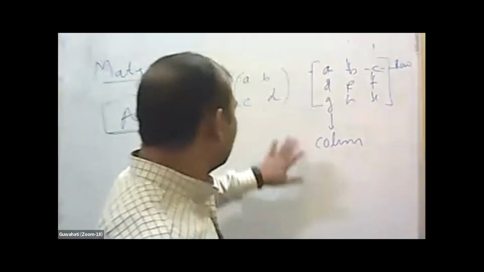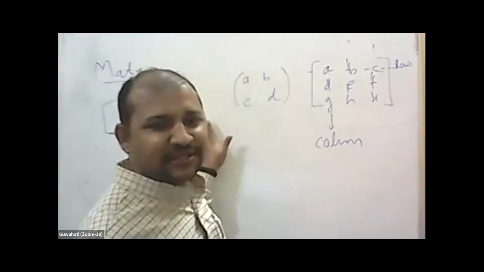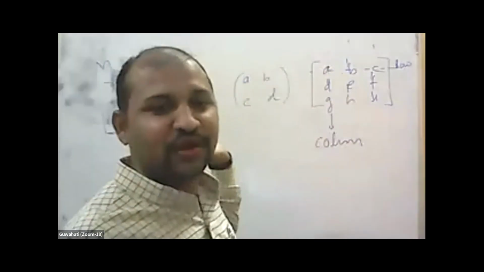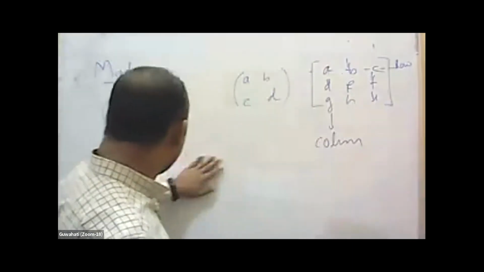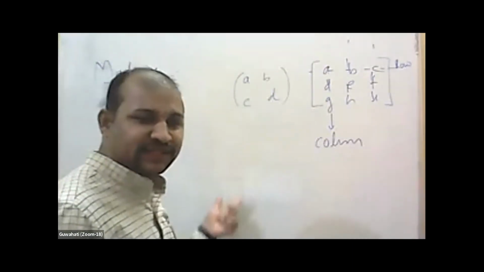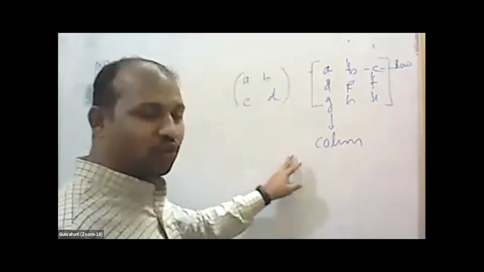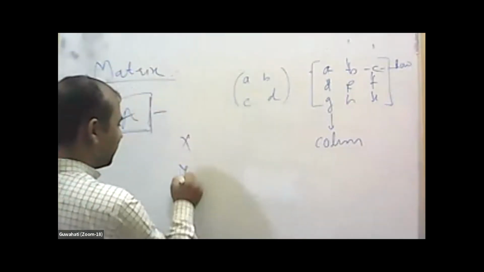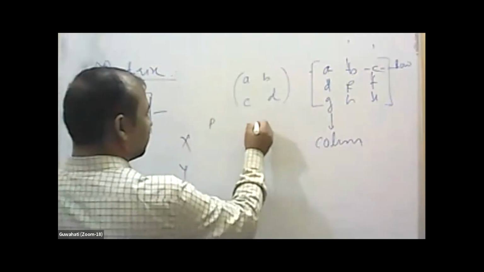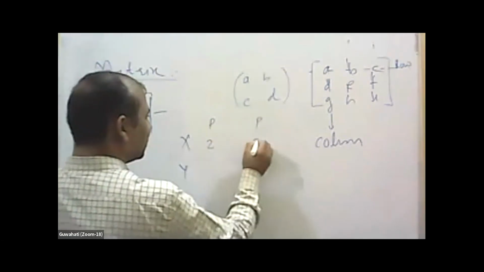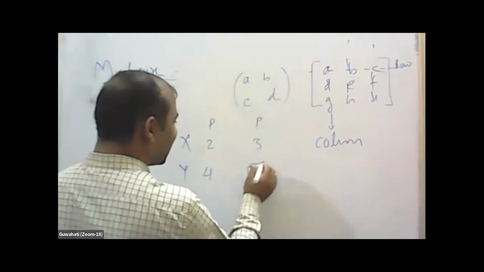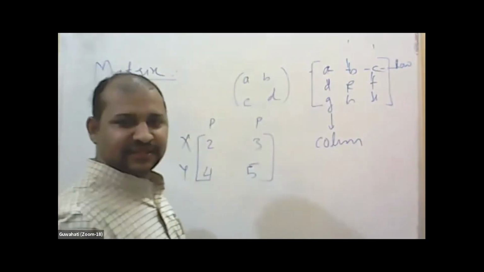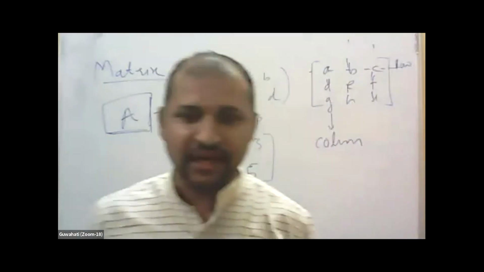Don't worry. So this kind of arrangement we are calling a matrix. This kind of arrangement of any information we are calling a matrix. Just now I gave an example that there were two persons, X and Y. They have two items, pens and pencils, right? So person X is there, person Y is there. He or she has pens or pencils, you can take any numbers, like 4, 5. So I can write this same information in matrix form.